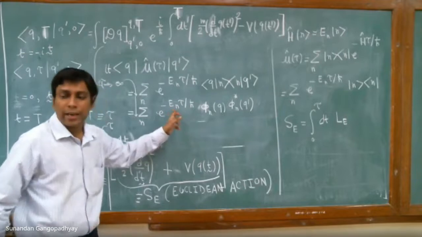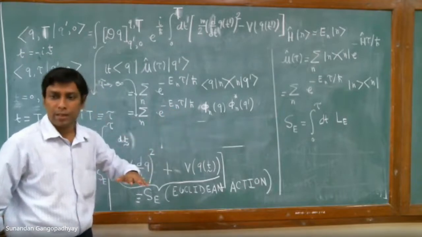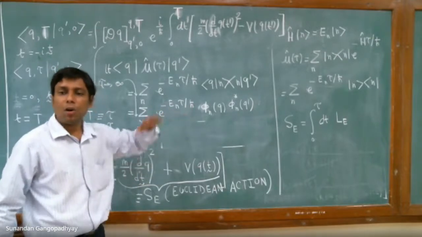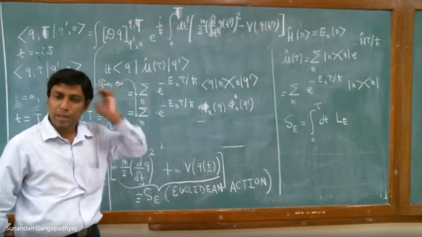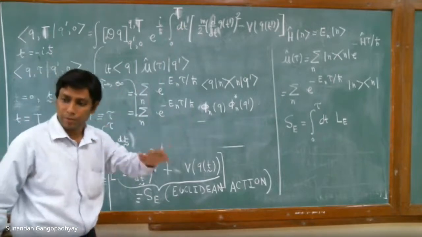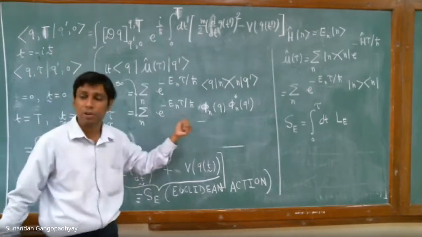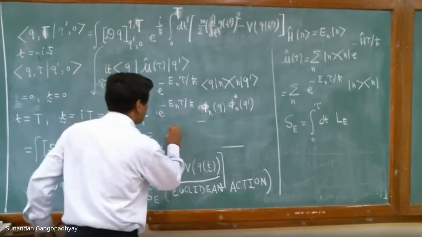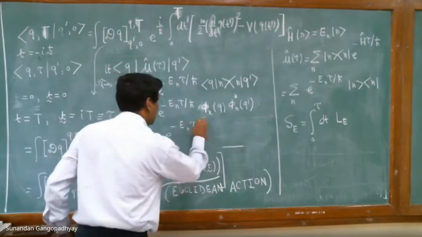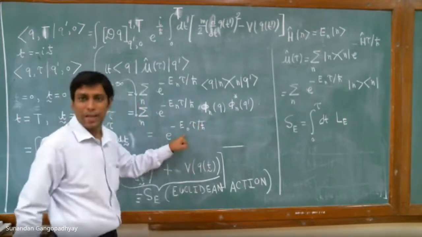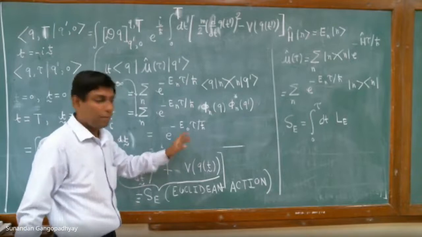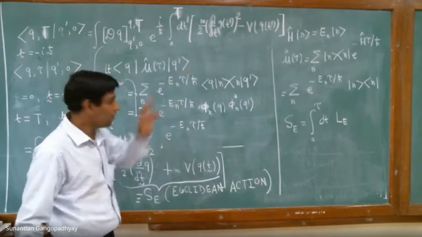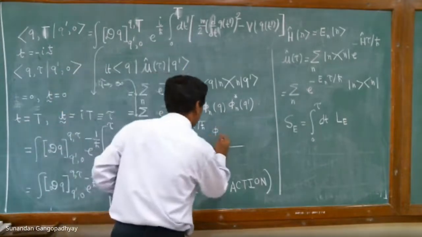And now you can see that this thing we mentioned earlier, that since the ground state is the minimum energy state, therefore in the tau tending to infinite limit, all the contributions coming from the excited state energies will vanish, because the ground state contribution will dominate in that case, and therefore we will have e to the power of minus E naught tau by h. But this term we will keep, as we mentioned earlier, because if we throw away this term also, then this will be 0 basically. So we will keep this term.